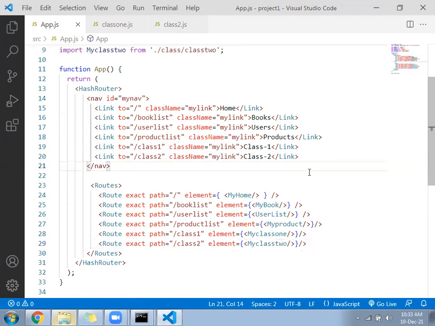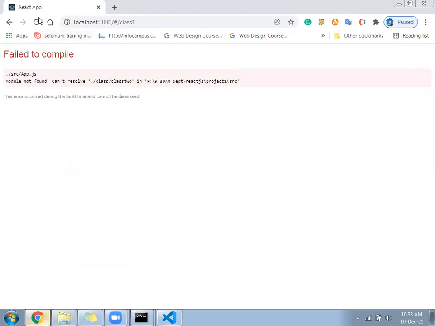Hope on the click of the link, the second page is loading. After clicking on the link, the second page should load. Class2, error.